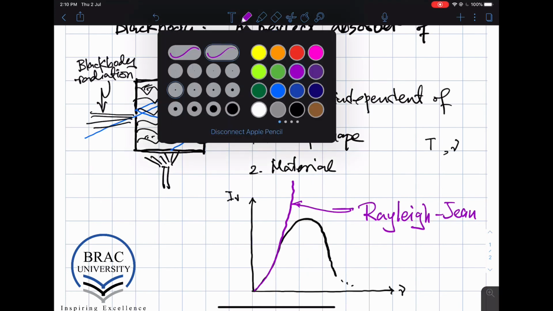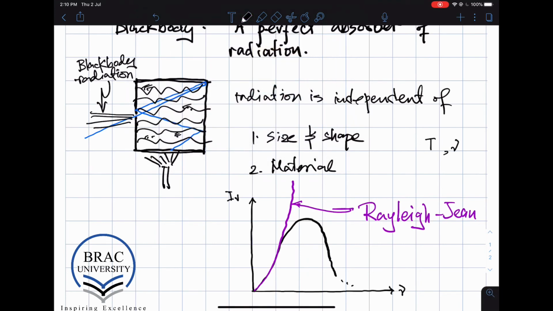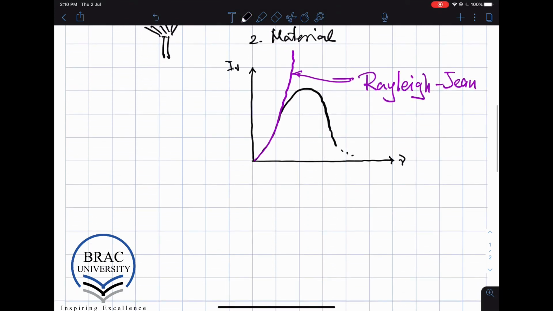So this is not good. See that this end of the spectrum is where we have the ultraviolet, and on this end of the spectrum we have the infrared. And because the Rayleigh-Jeans formula, and any other attempt using classical electromagnetism, failed at the ultraviolet end,